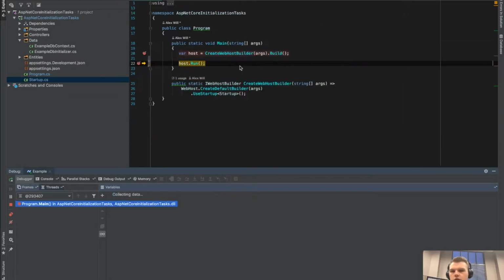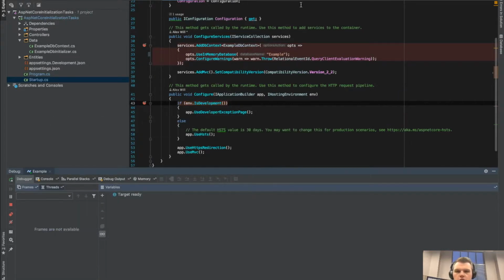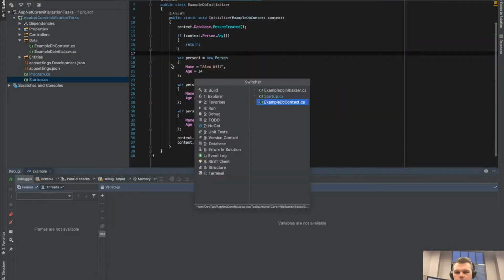Next, we should hit our run. All right, as you can see, we hit our run. So after that, we should hit the configure where we do our exception page and use MVC. So now that we've shown that, we can start adding things that happen in between